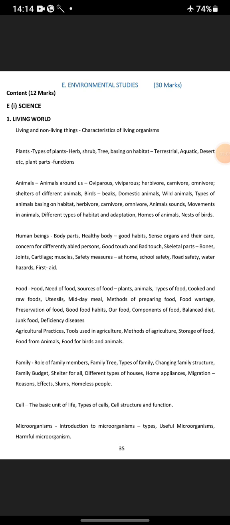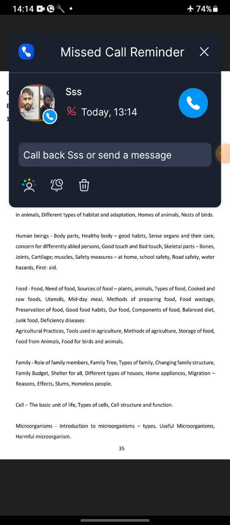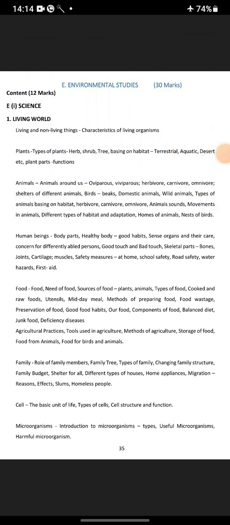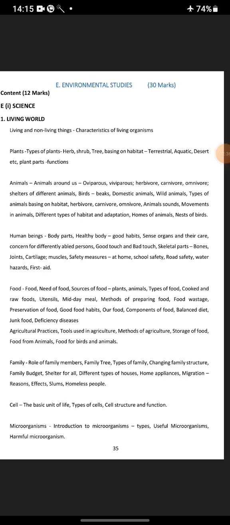family budget, shelter for all, different types of houses, house appearance, migration, regions, efforts, slums, homeless people. Cell, the basic unit of life, types of cells, cell structure and function. Microorganisms: introduction, types, useful microorganisms, harmful microorganisms,